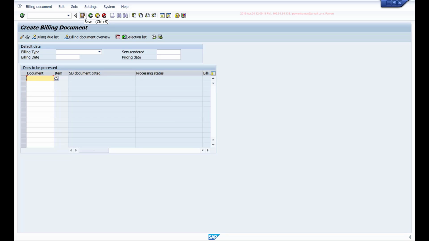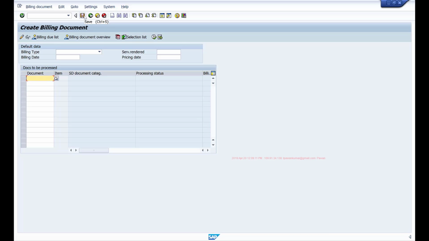We'll learn about how you can create your own transactions using this module pool programming. And for this, we'll be using the third type of screen, which is called just the screen, or you can also say general screen. With selection screens and list screens, there's a lot of functionality that is provided by the system automatically. You just use the write statement and it generates a screen, and on that list screen you see that there's a lot of functionality involved.